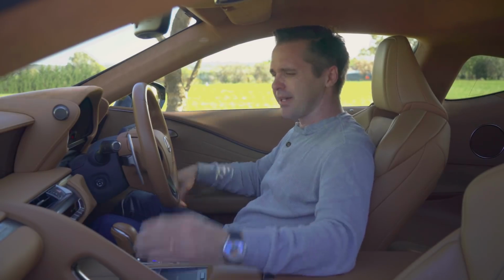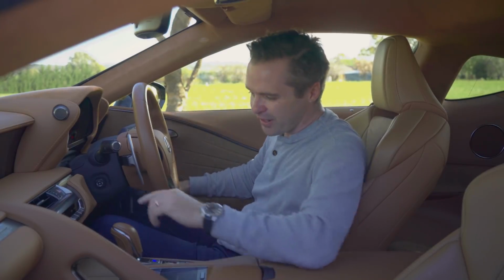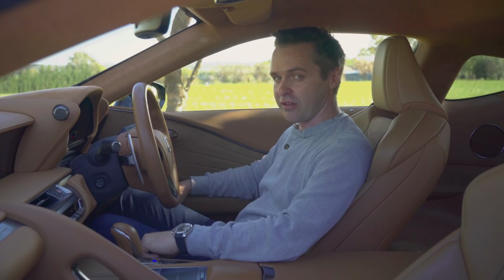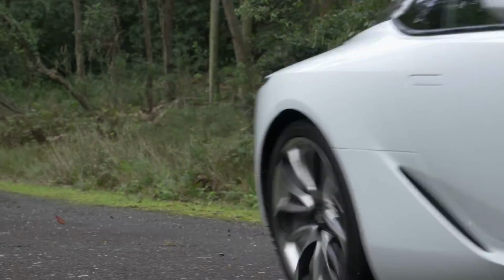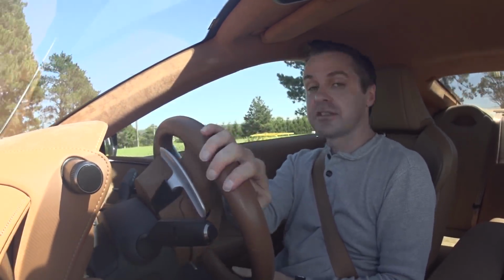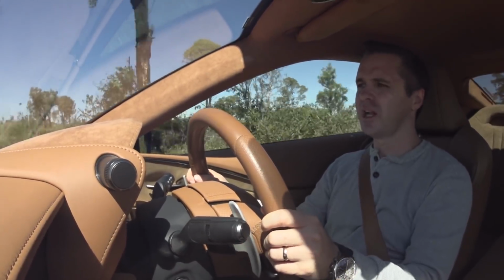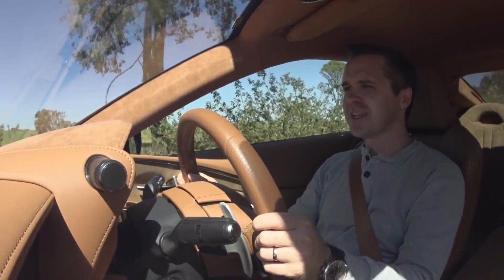But yeah, it's a great interior, but it doesn't stop there, because you put your foot on the brake, you press this lovely metallic stop-start button, and the V8 fires up. This V8 is really something. I mean, it's got a lot of weight to move. So this isn't the fastest gun in the West, not by a long chalk,